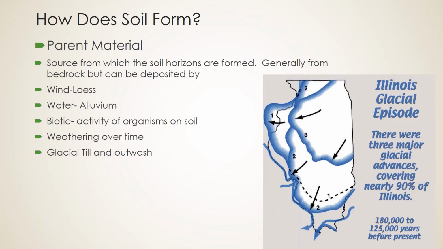And you can see here, our diagram shows the first major ice age that we have in record that's relevant to Illinois. Before, this was mostly covered in ocean, but in the context of our current geology, the first one here was more widespread. The second one didn't quite go as far west, and then the third one was a little bit further north. And here in southern Illinois, that has a lot to do with why our geology and our soils are a bit different than further north.